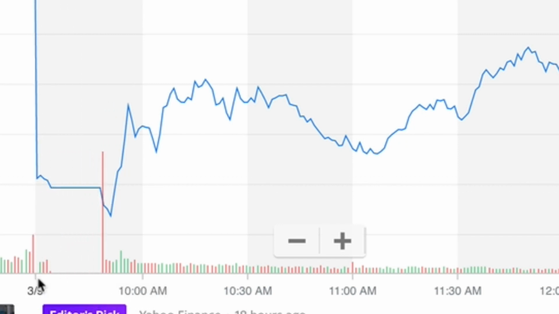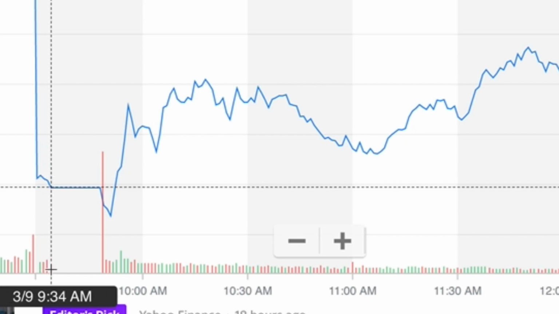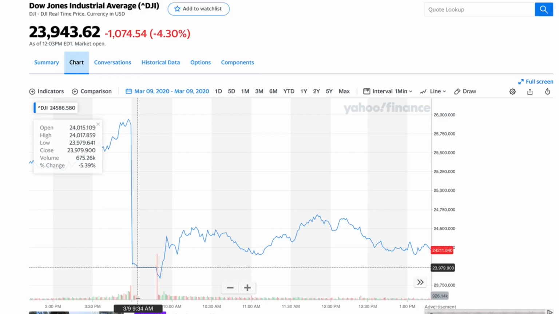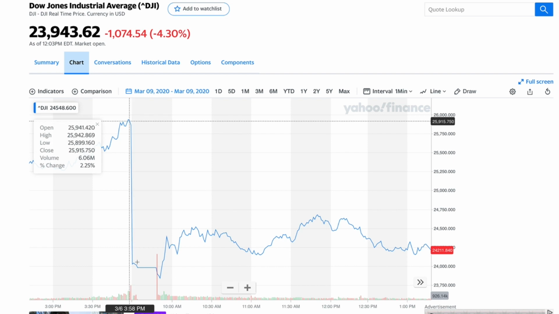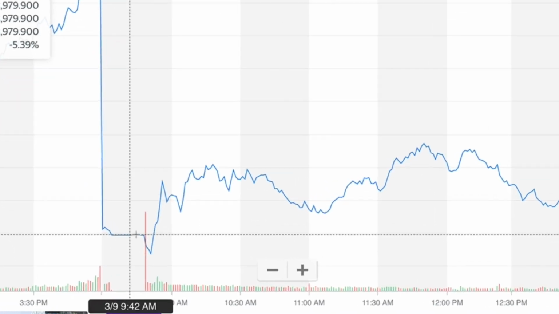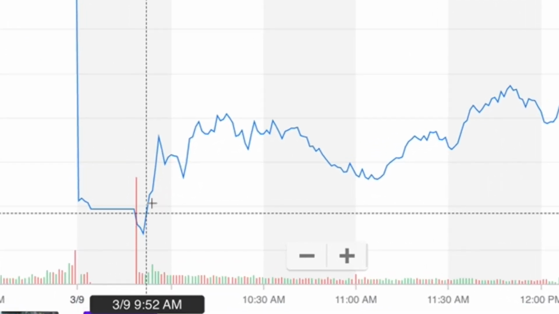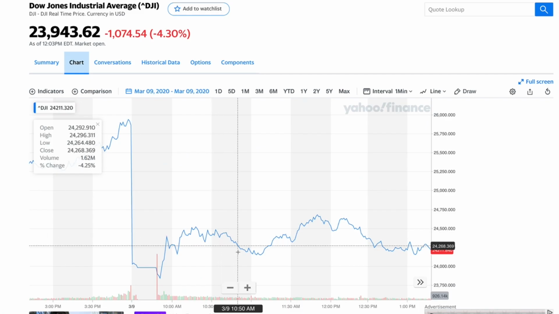You don't see any bars, any colors, or anything like that, because what happens is that the circuit breakers were put in place to prevent this point from going further down, right? So they put a stop to all trading activity. And as you can see, 15 minutes later, activities resume, and this helped prevent another market crash today, right?